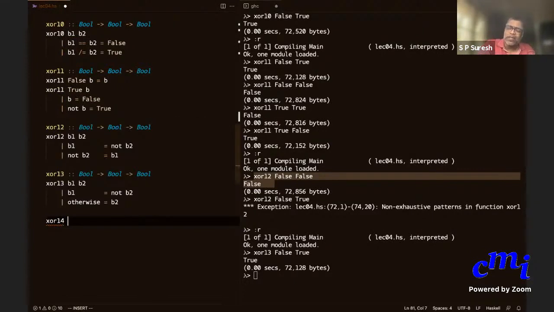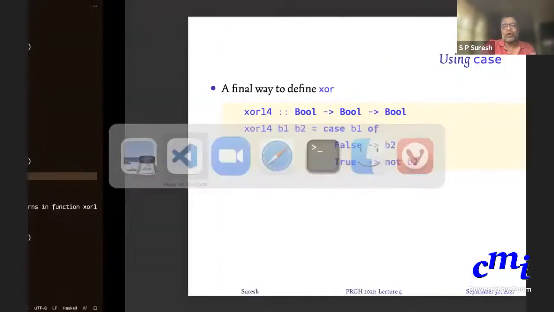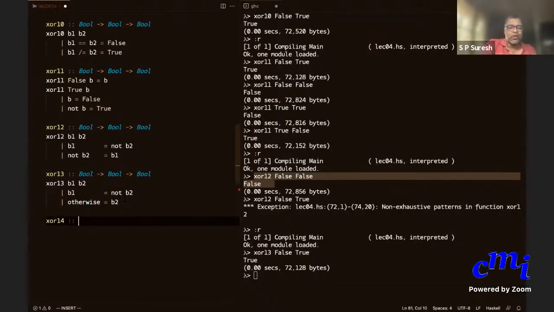Case is also limited in the sense that when you do switch case, you are just looking at whether the input is of this pattern. If the input is this pattern, then do this. If it is not this pattern, do something else. Okay, so that's all you will do. So that's precisely what we are doing here also.